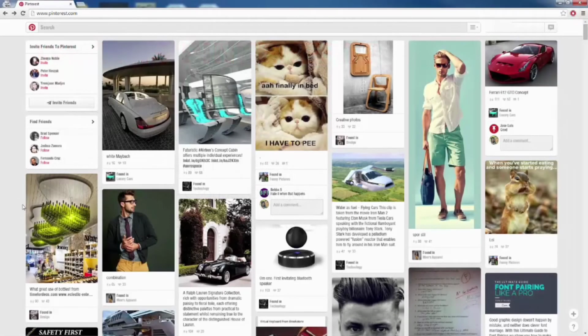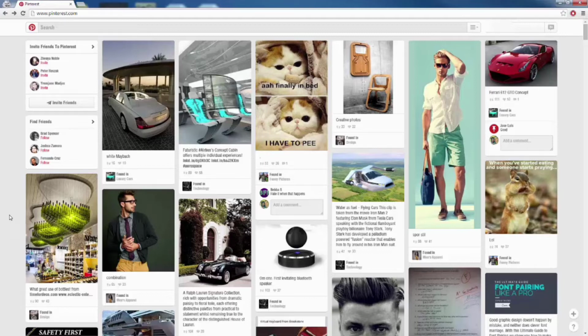All right. So here I am on Pinterest right now, and as we can see, it looks kind of cluttered, and we have all these different images. Now, again, people usually pin images the most. All right. You can pin websites, you can pin images, you can pin links, videos, whatever. Images is usually what people pin the most, as we can see.